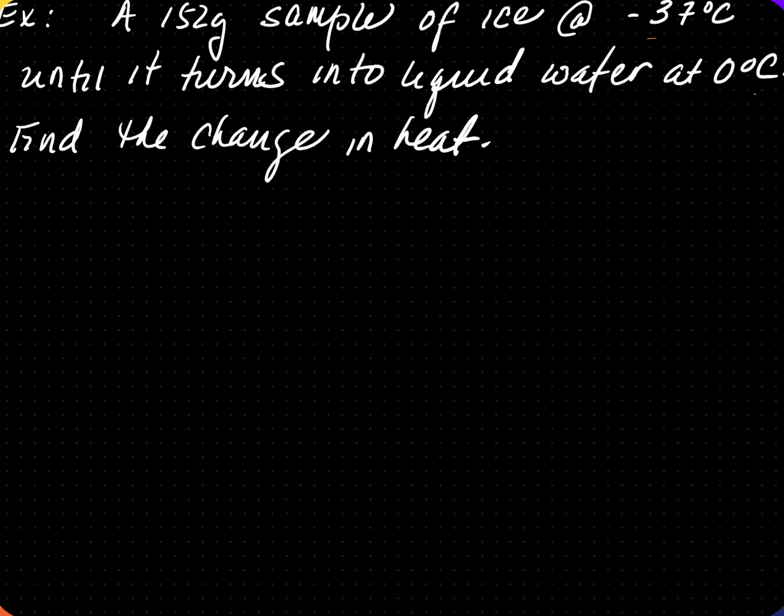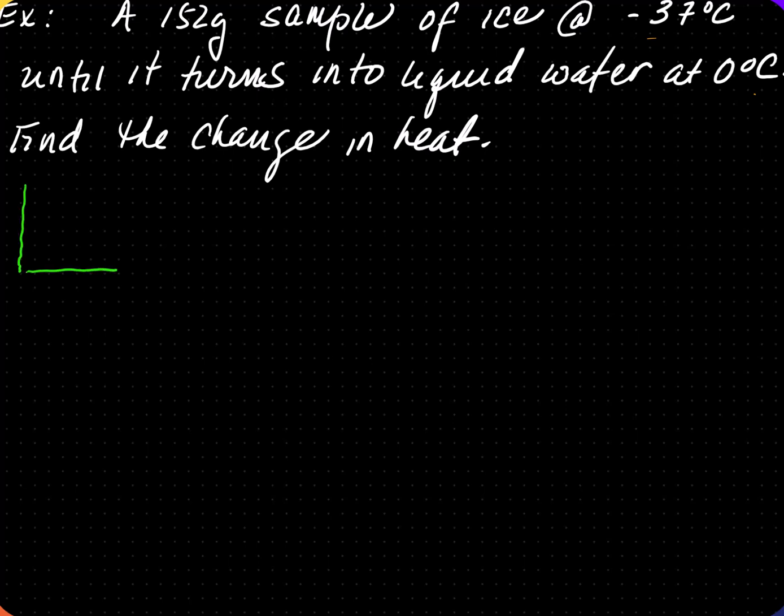Unlike the previous problem, this is a multi-step problem because the same sample is going through multiple phase changes. We have a sample that is 152 grams at ice, negative 37 degrees Celsius, and it becomes liquid water at 0 degrees Celsius. To determine the number of equations to use, it is easiest if you draw or sketch out